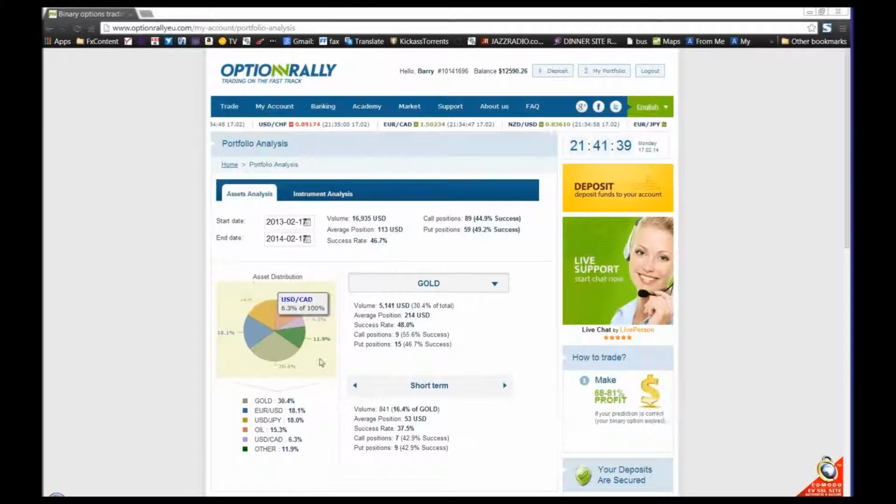Okay, so we can start off here. We can see that in my portfolio, this is how the assets that I traded were distributed. I can see 30.4% of my trades were in the euro and gold, 18% were in the euro US dollar, 18% were in the Japanese yen, 15% in crude oil, 6% in Japanese yen, and 11% in other assets. I can also see now here in gold that my volume of trades was 5,141 total dollars. It was 30.4% of all my trades. My average position was $214. My average success rate was